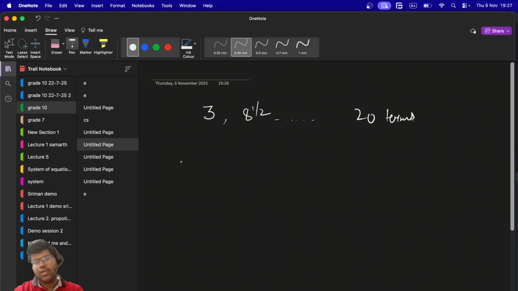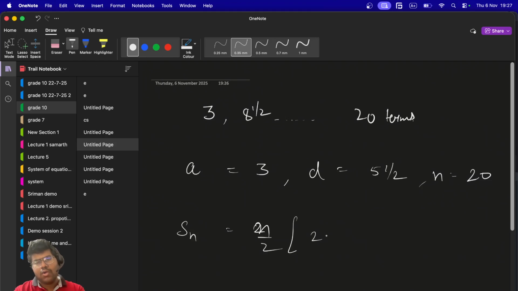So see, what was A? We have to give three things. So A is 3, D is what? 5.5, and N is 20, right? So since N is 20, I got Sn equals n over 2, 2a plus n minus 1 times d,